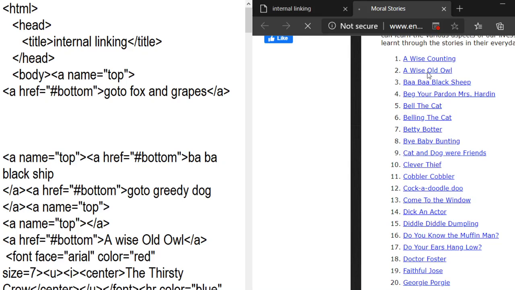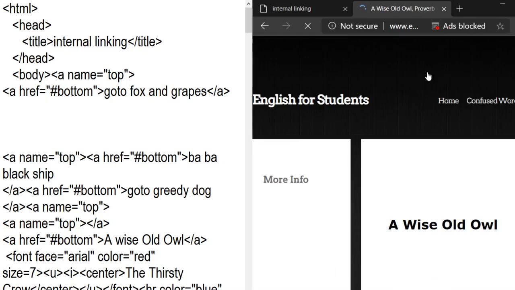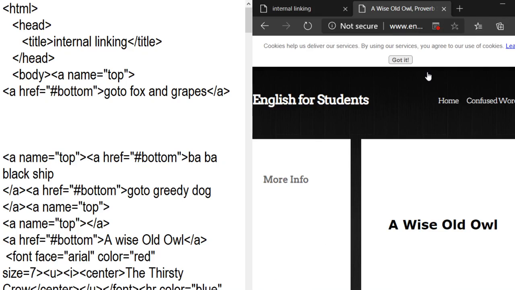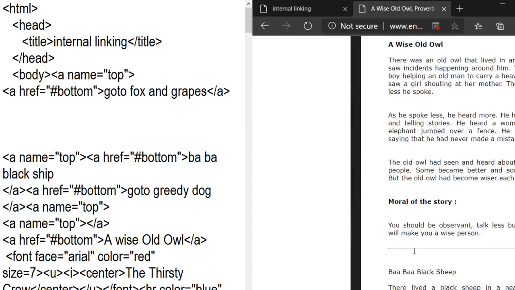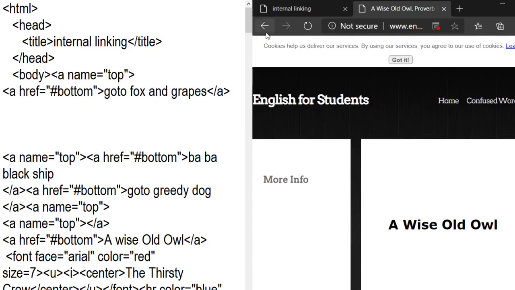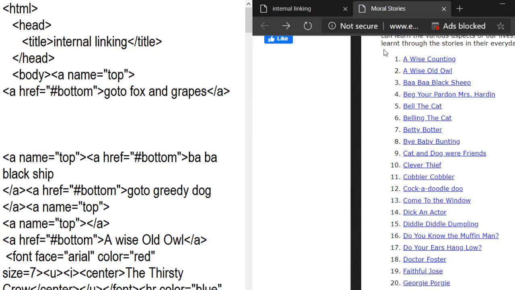And when we click on this, we directly move to that page. If you move to that page or document, then you can click on the external hyperlink. But if you create all these stories in a single web page, then you can use internal linking. How you can use it, we already know, but how do we show all the links in a list? So you can create the link here.